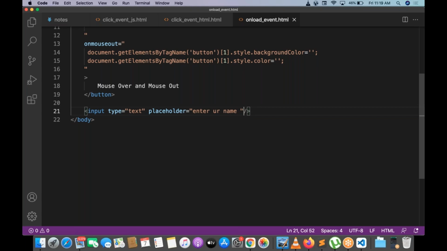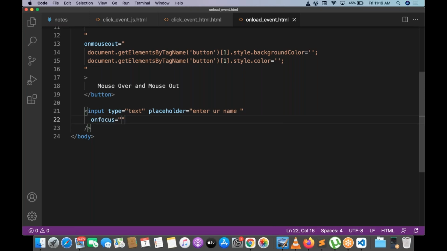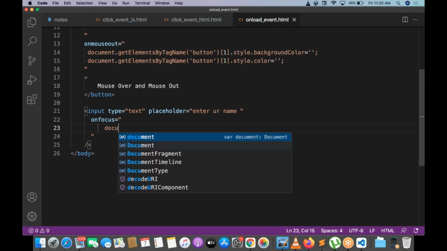Next, I want to write an event for this. On focus is equal to. What I want to do for on focus? First of all, access the element.